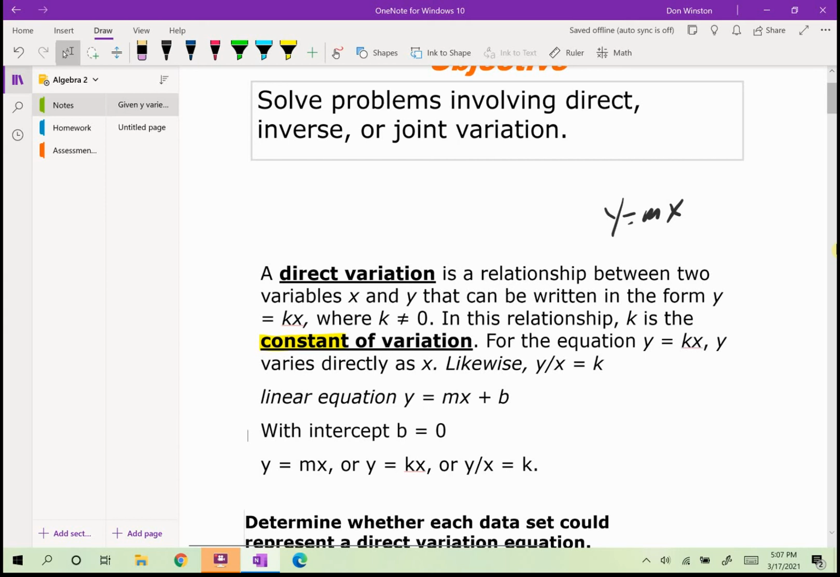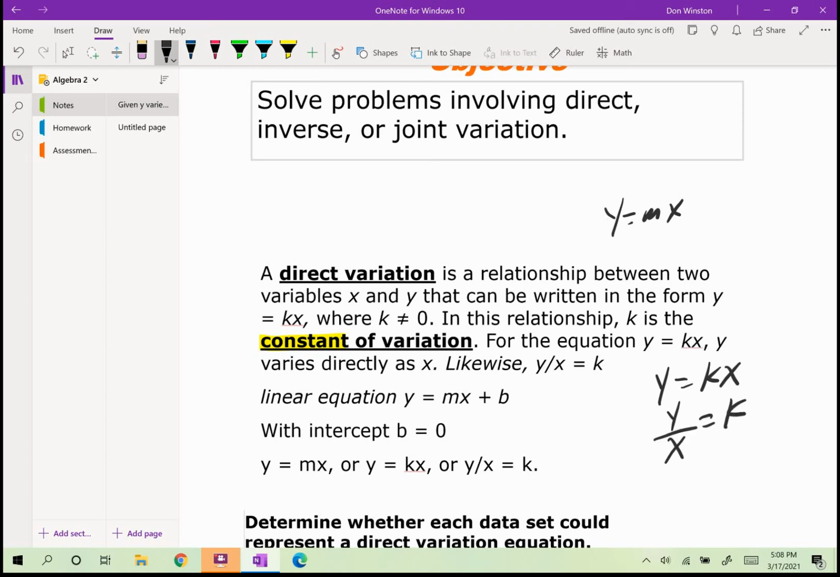For the equation y is equal to k times x, y varies directly as x. In other words, as x increases, y is going to increase. Okay, y depends on x, but as x increases, y will increase. Likewise, I can also say that y divided by x is equal to k. And that's just using algebra. So if y equals k times x, then if I divide both sides by x, I get y over x